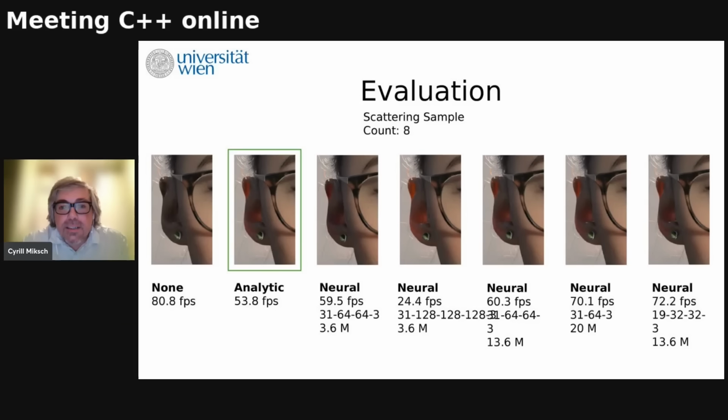The evaluation uses a scattering sample count of 8. On the far left, you see transmittance not enabled, like no transmittance. That means no light is hitting the ear from the back and using the translucency to emanate through the ear. The next one is the analytic solution, which I use as the ground truth to compare against. That's why I put this green rectangle around it. And the FPS is varying by around ±4 even, but I used a bit higher range, one of the higher